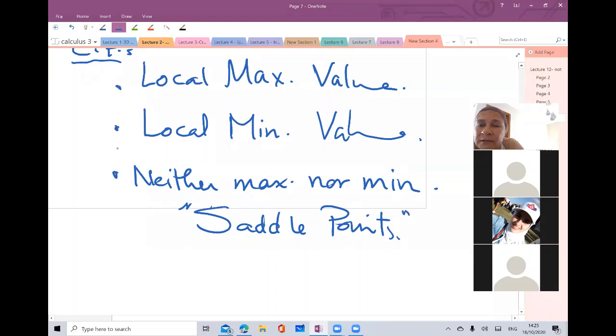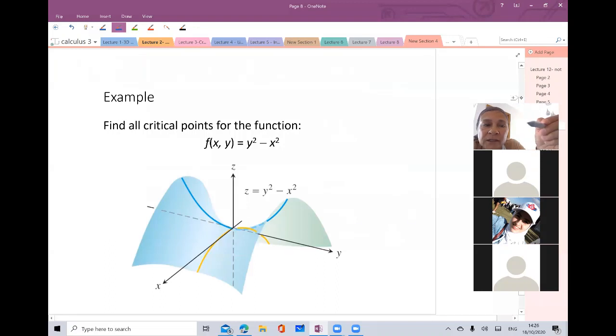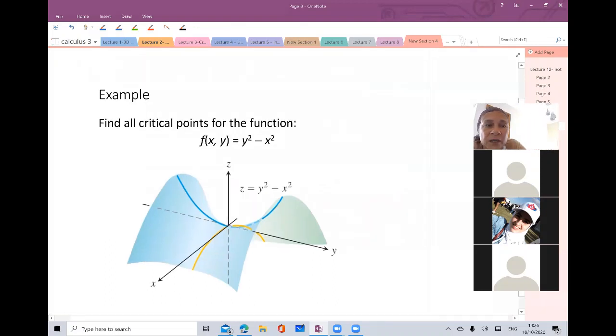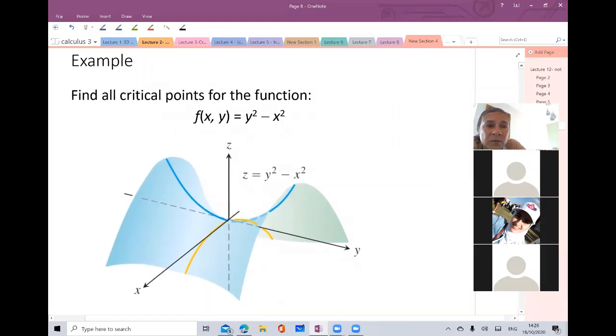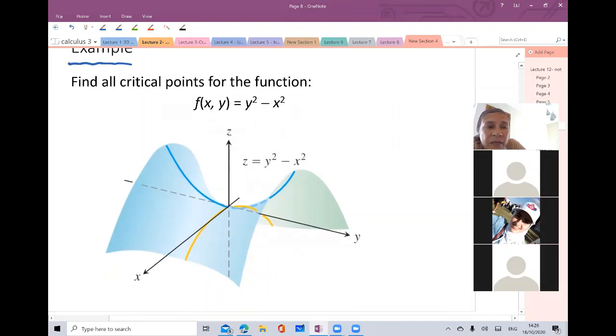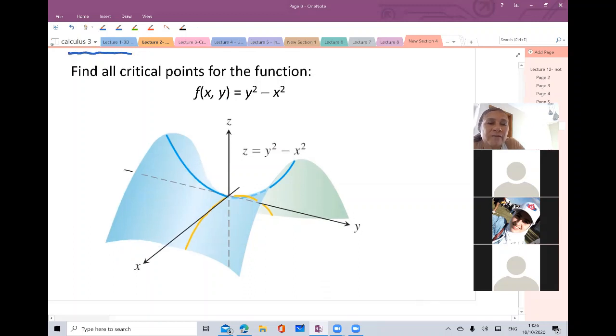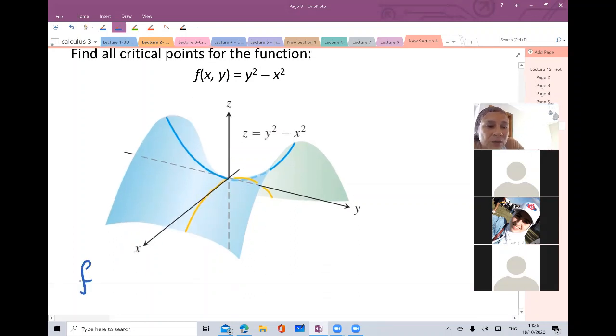So we return to the same story, where do I go? I go to the second derivative test. Okay. Let's see an example of the third case. It's neither a minimum nor a maximum. Let me look at the critical points of this function. Actually here I'll see that this function has partial derivative partial f partial x equal to